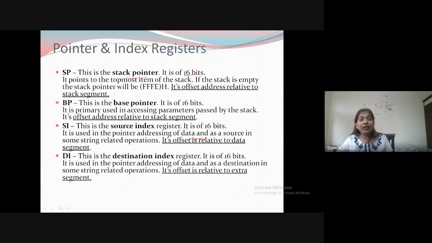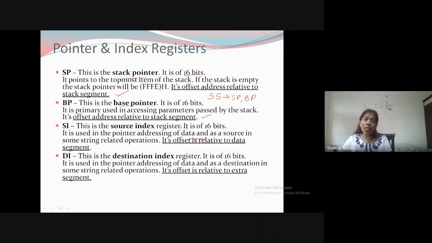So the stack pointer stores the offset address of the stack segment, relative to the stack segment. Then comes the base pointer. The base pointer also stores an offset address related to the stack segment. That means if we talk about the stack segment SS, its offset address will be found in both SP and BP.